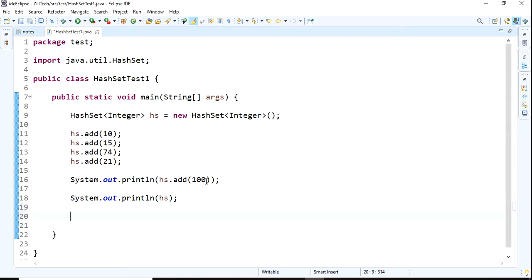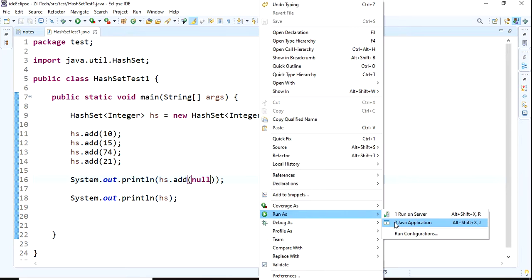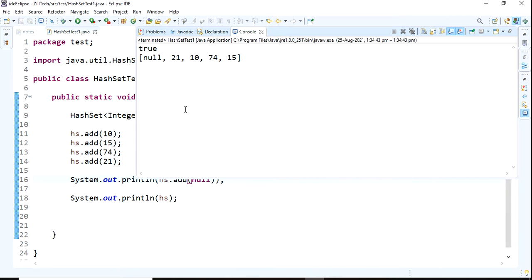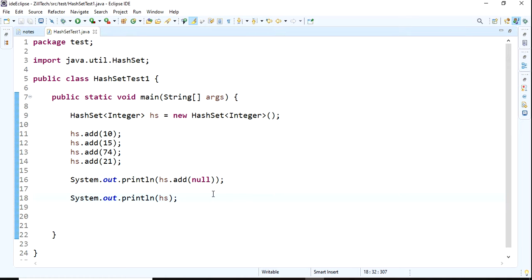I want to store null, and absolutely it will store it. If you want to store one more null, hashing detects the duplication and it gives false. Null values also you can store.